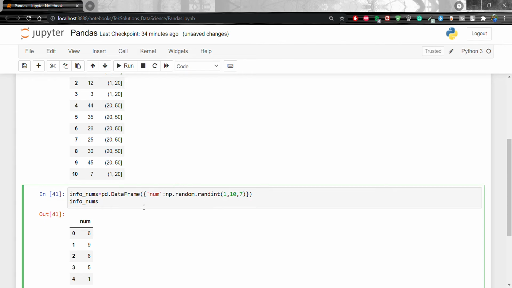Now I am going to create one more column named num_labels, and use pd.cut.